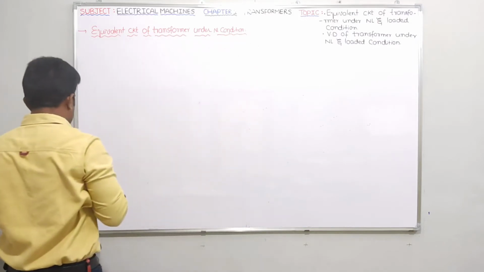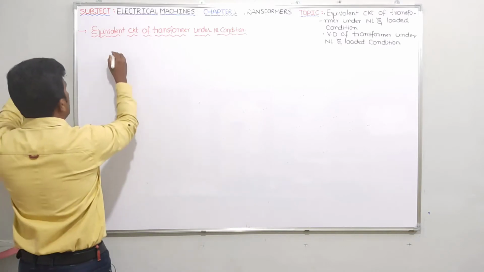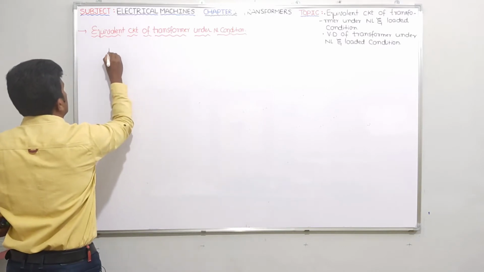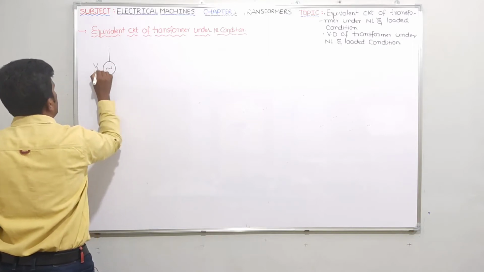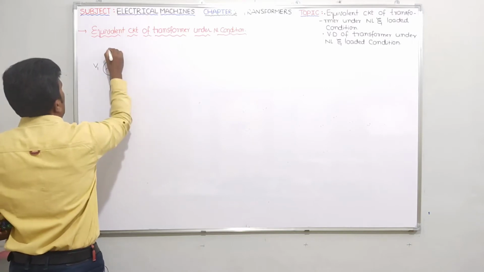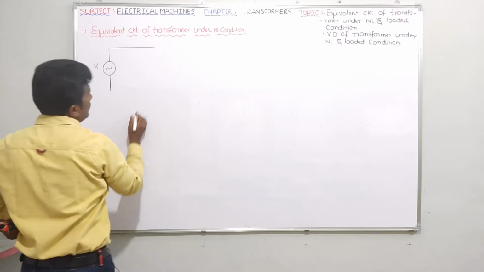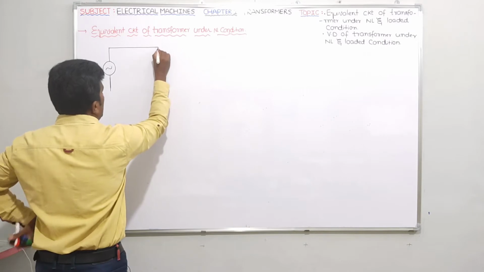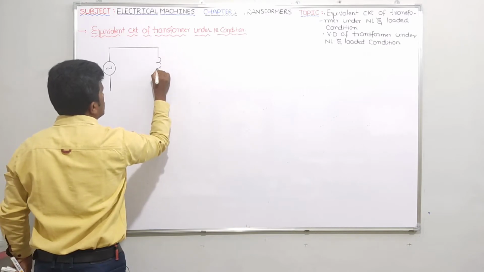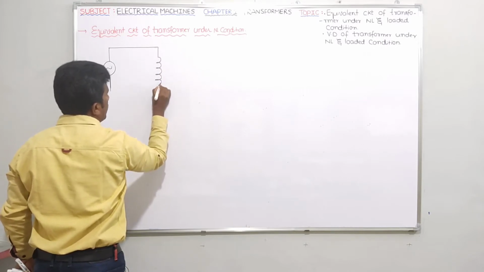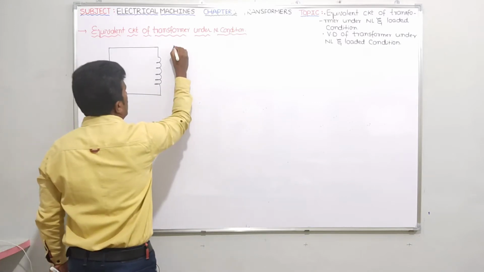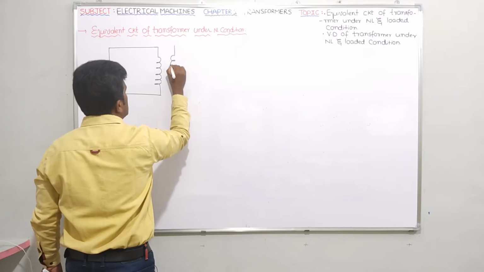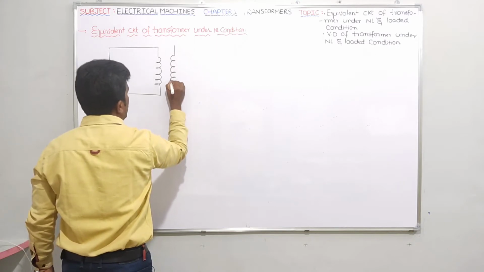Okay guys, first of all let me take the applied voltage source V1. V1 is the applied voltage source. And the winding which is connected to the source is nothing but which winding? Primary winding. And the winding which is connected to the load is nothing but the secondary winding,